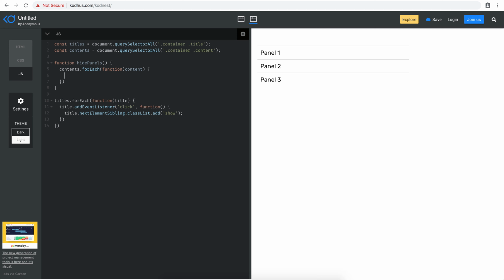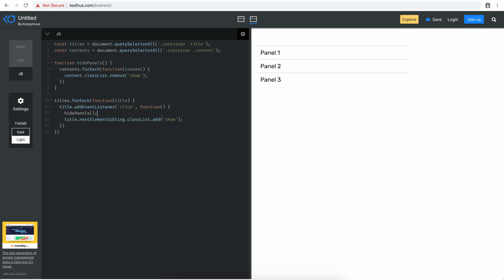For each of those contents, I want to say content dot classList dot remove show. So now, having this function, whenever I click on each of the titles, first I want to hide whatever has the class show, which is basically calling this: hidePanels,